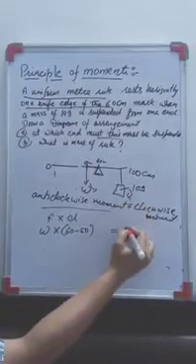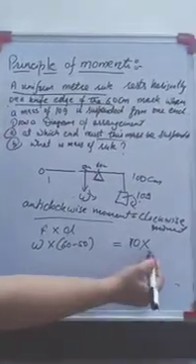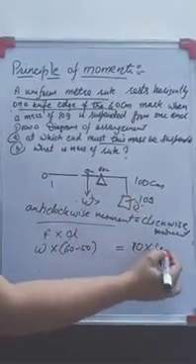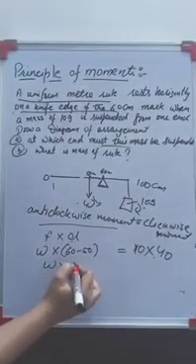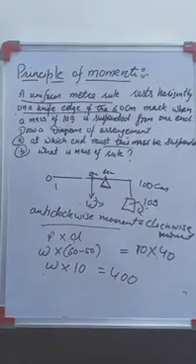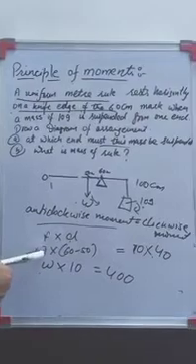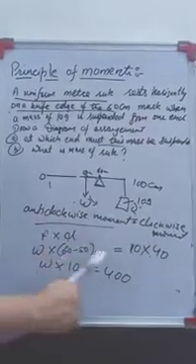it will be again how much? So 10 into distance is what over here? 60 to 100, it is 40, right? So W into 10 is equal to how much? 400. See, I am not changing it to the SI unit because over here the weight I am calculating will be in gram.